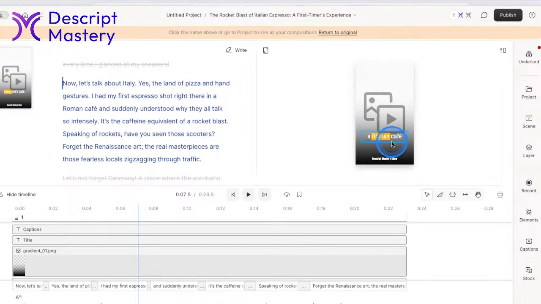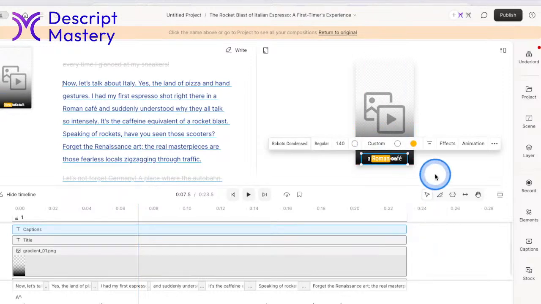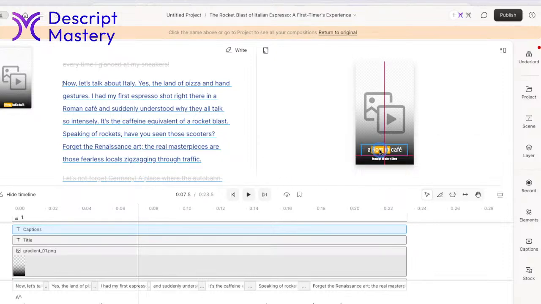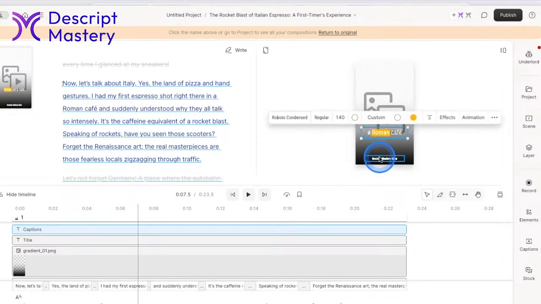So it's called the danger zone because you don't want to put any key elements of your video in those areas. If I put my text way down here, it might look fine in the editing process, and it might even look normal, like you would see closed captions on a YouTube video on the bottom of the screen. But when someone's watching this on their mobile device, those buttons are going to be covering up the text and they're not going to be able to see it. So just be mindful of that. Don't put anything on the very bottom or on the bottom right corner. Bottom right, let's call it about a half to a third over here. And you'll get a lot better results.